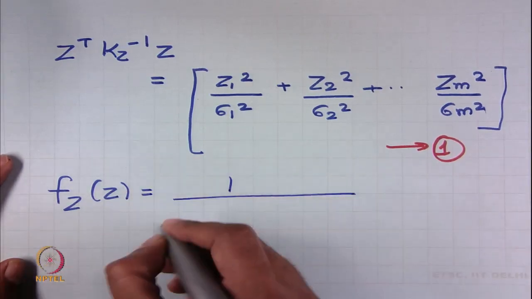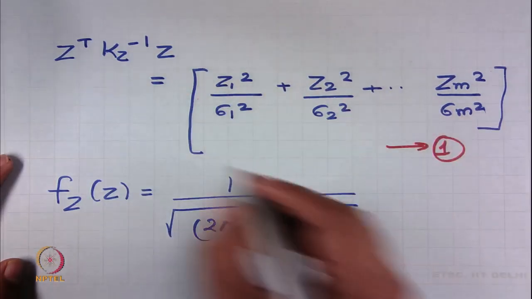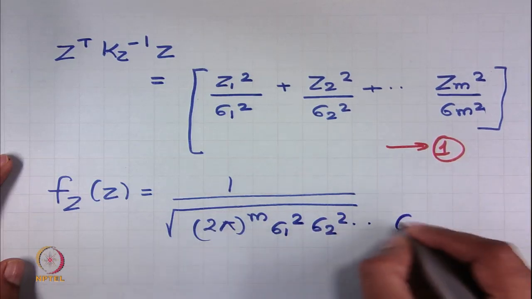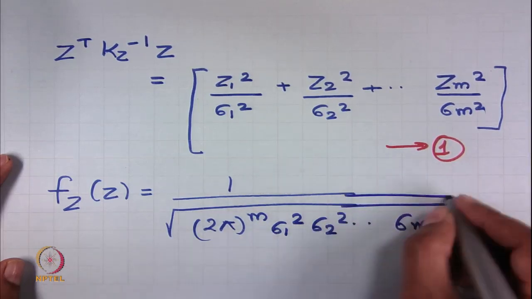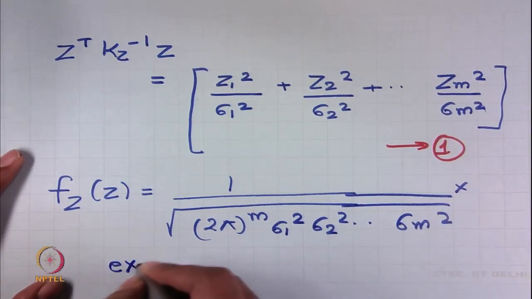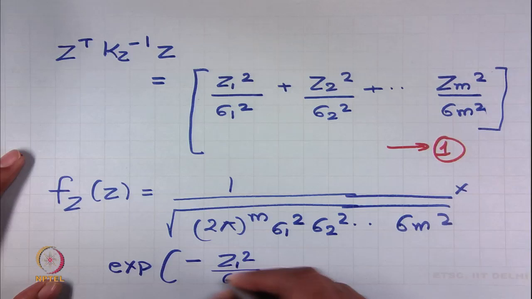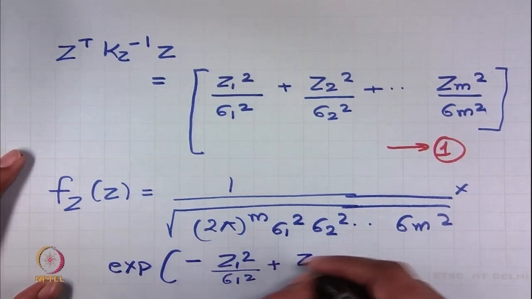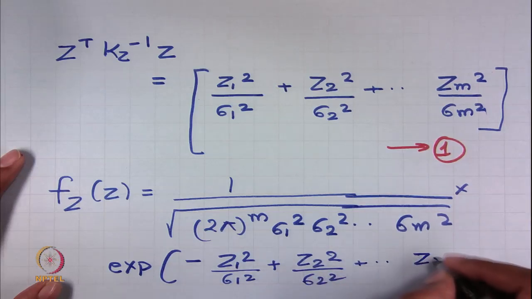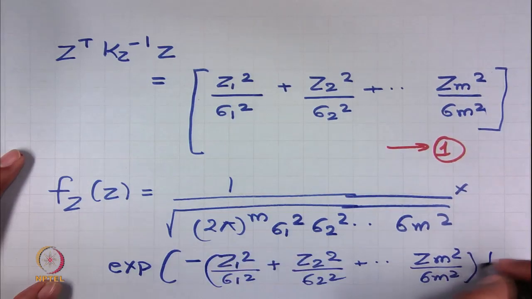So, we will have 1 by 2 pi raised to m, the determinant of Kz will be sigma 1 square, sigma 2 square, up to sigma m square, and then I will have exponential minus z1 square by sigma 1 square. All these z's are small z's. Whole divided by 2,